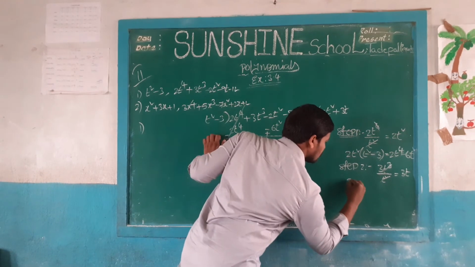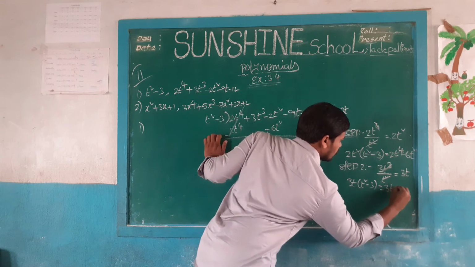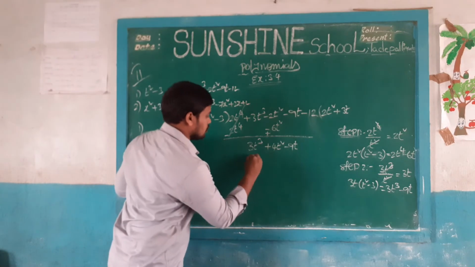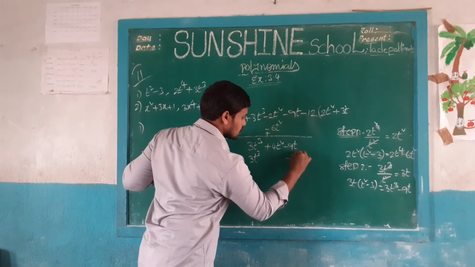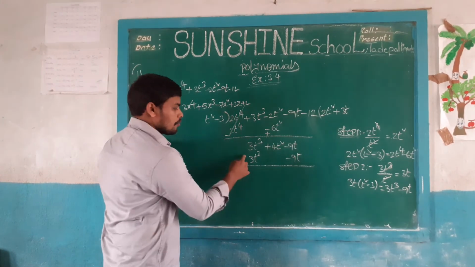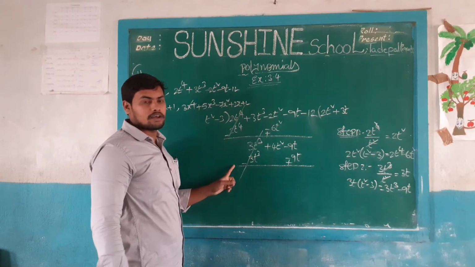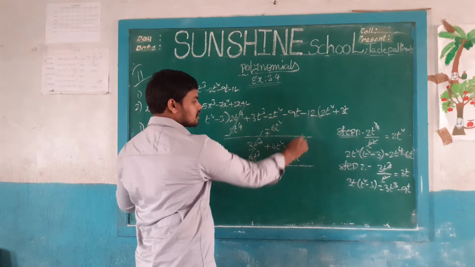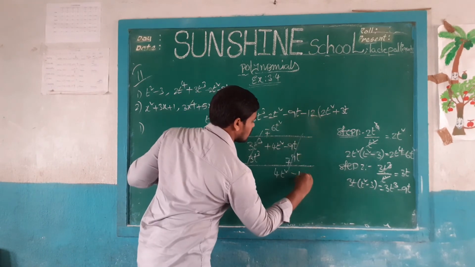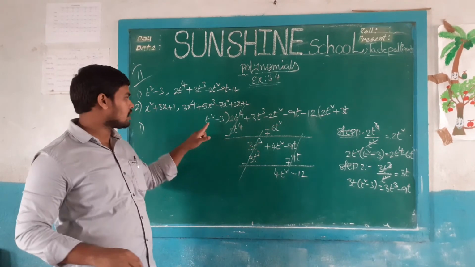So multiply 3t with t square minus 3. 3t into t square is 3t cube, minus 9t. Plus turns to minus, minus turns to plus. Plus 3t cube minus 3t cube cancel. Minus 90 plus 90 also cancel. What is the result? 4t square. Now bring down this value minus 12. Next one, 4t square divided by t square.